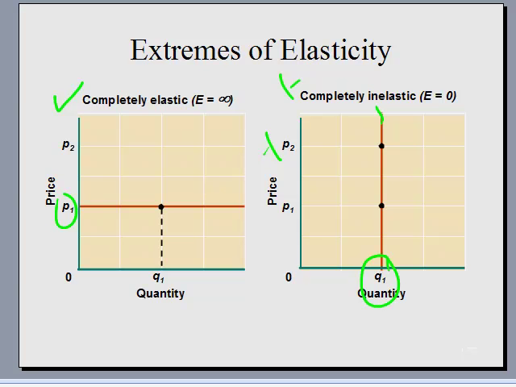Okay, so let's move on to the next slide. Extreme elasticity, I did that, and let me move to